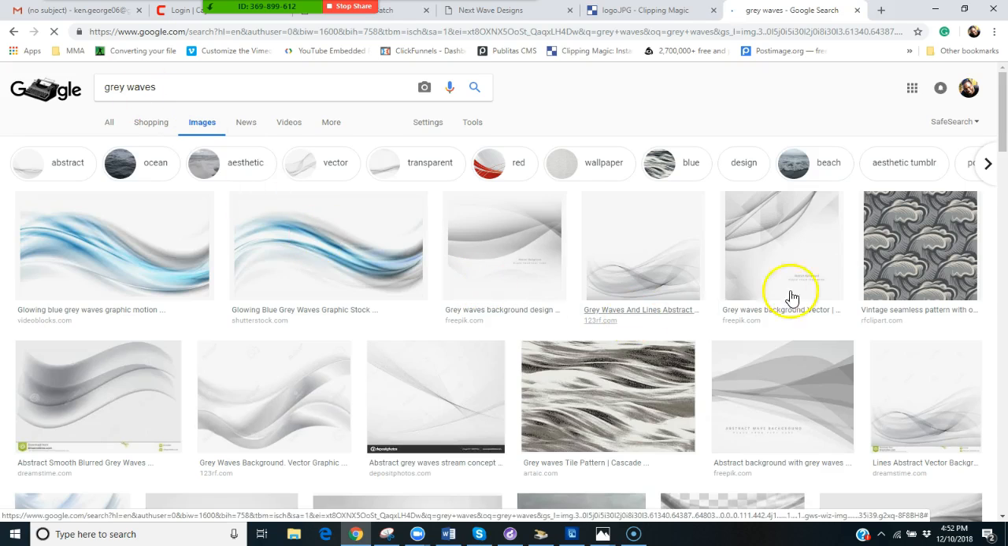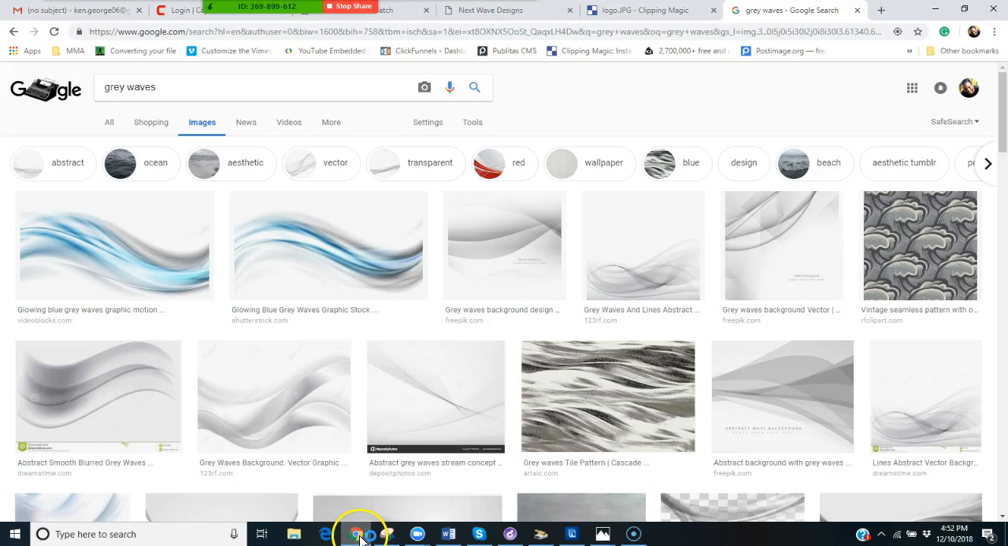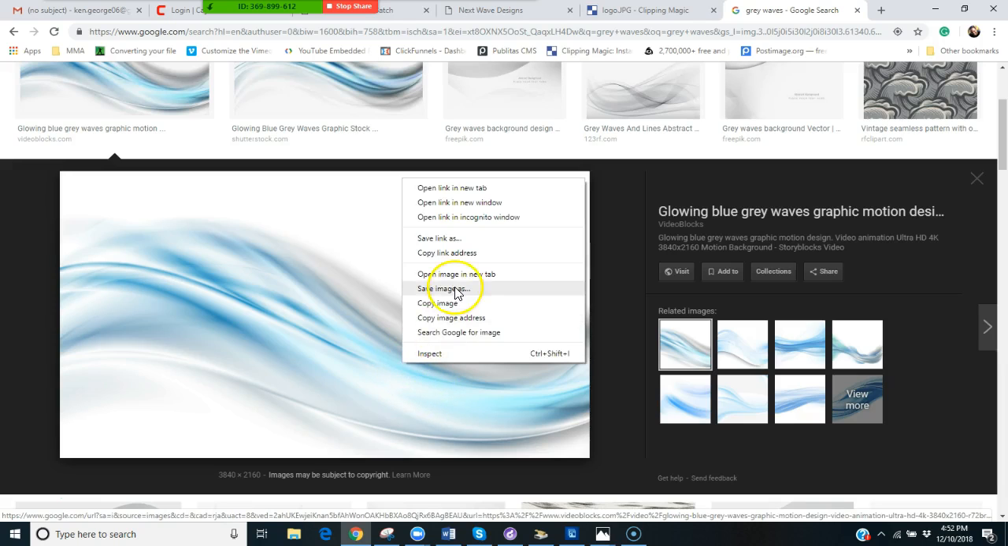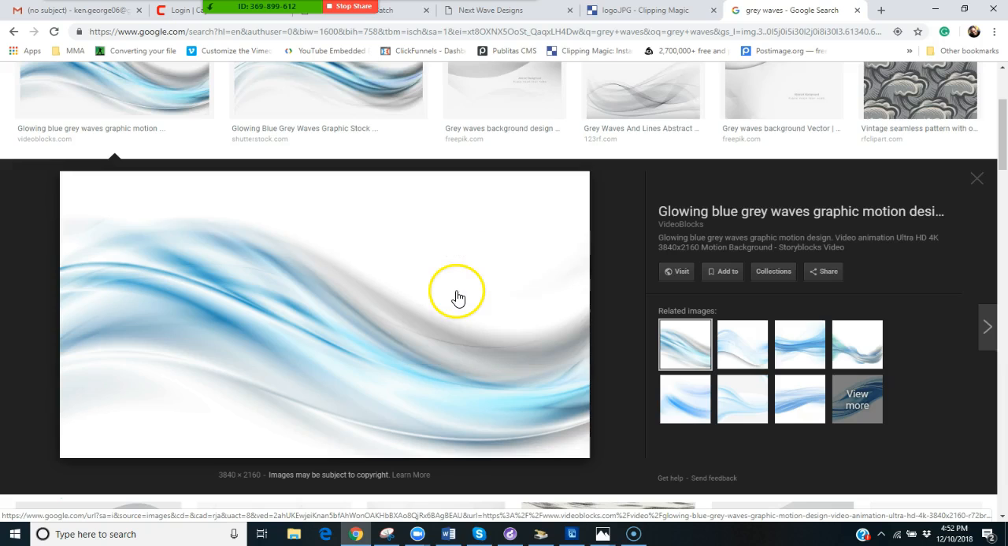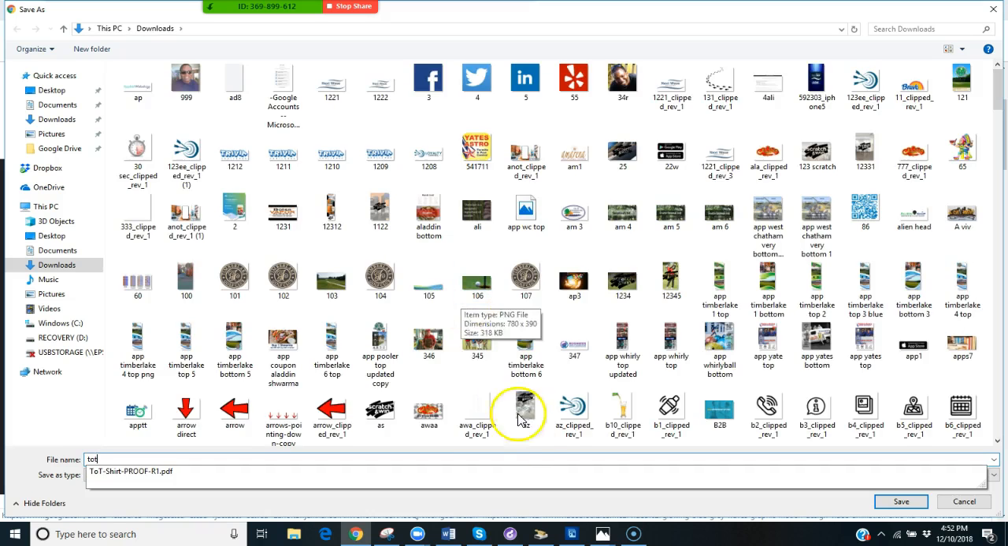Okay, so this is Gray Waves. This is what I'm looking for. And when I look back at your logo, and you've got blue in your logo, I'm looking at this right here like, voila. And this does not have a watermark. So again, I can come in here, I can save this image as